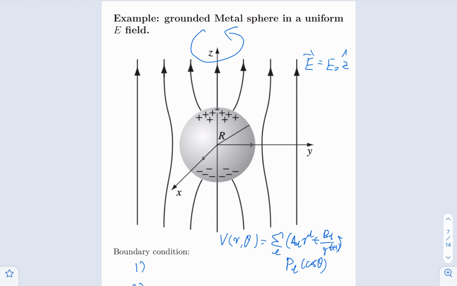Imagine there is an electric field always pointing upwards. Then the potential should be an integral of this E field, and you can see that there must be some potential gradient when you are very far away. So when it's very far away, the E field must be